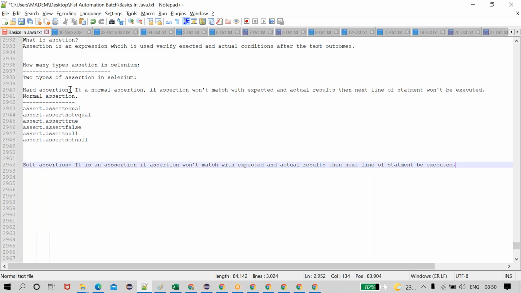For this, there is no specific syntax like object creation, because a hard assertion is nothing but a normal assertion, which is already contained inside the soft assertion. These are the static methods.